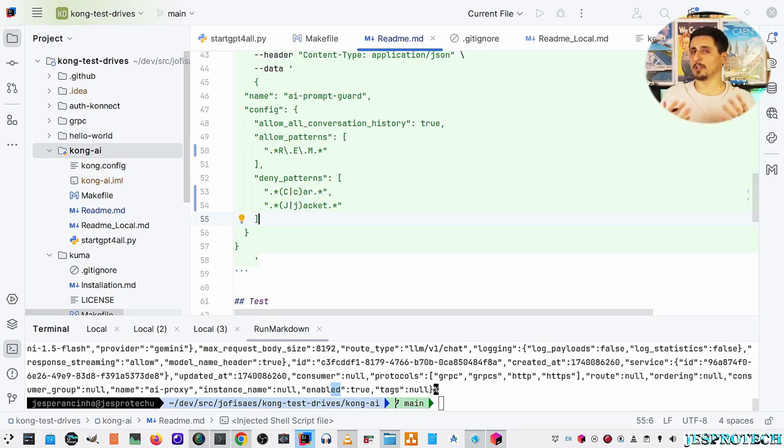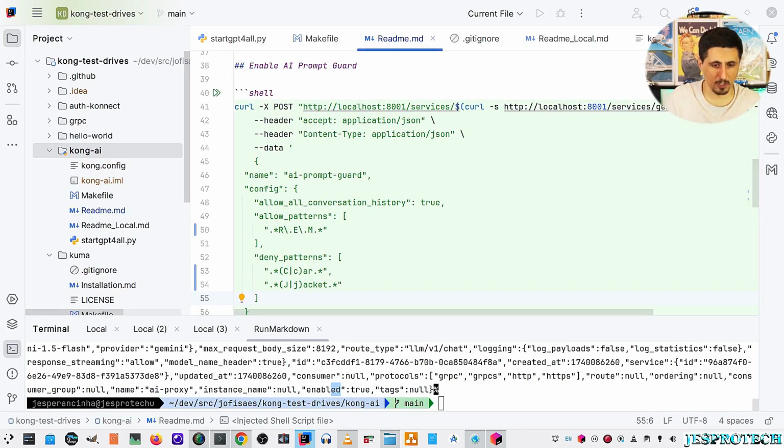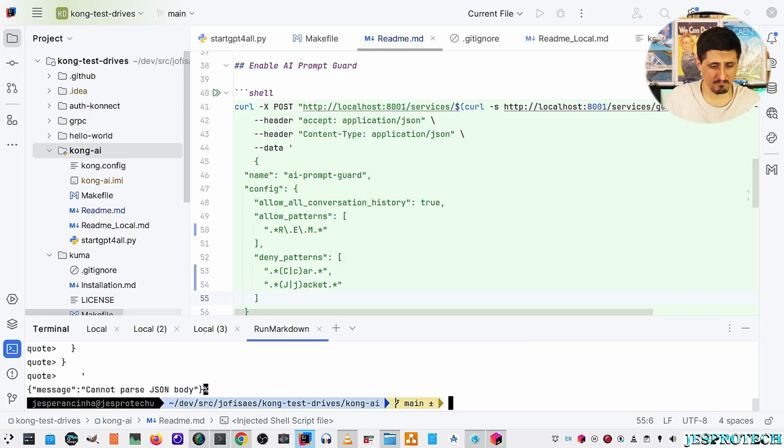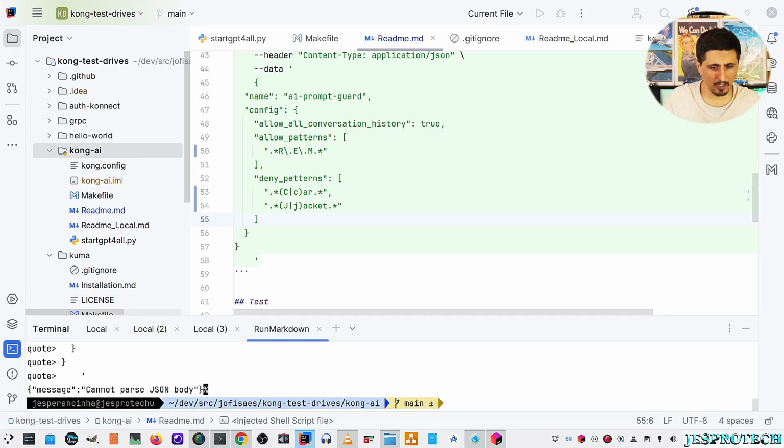So now we've got our example ready. Let's now see if this works. The first thing we want to do is to run this example. I will just copy paste it, but we can also just run this on the shell. Shall we just try that? Let's just run this. Okay, it says it cannot parse the body, and that's probably because somewhere here there's a